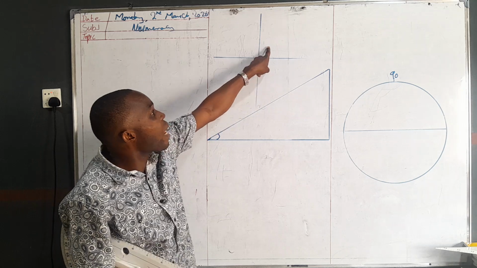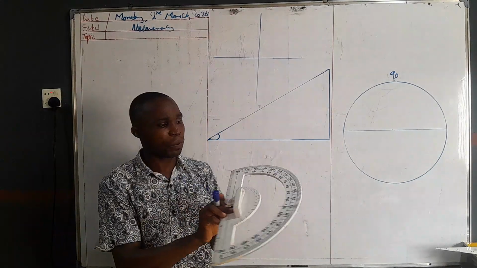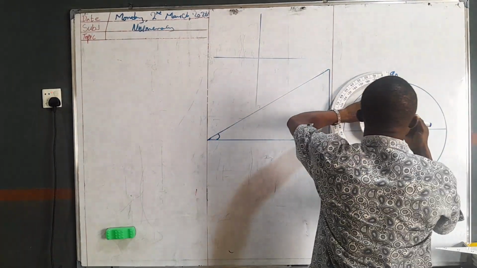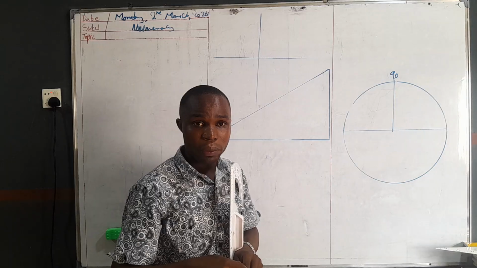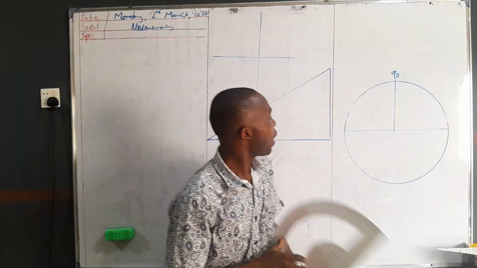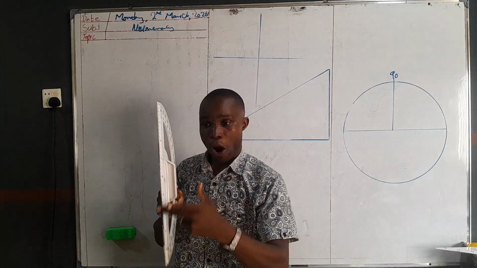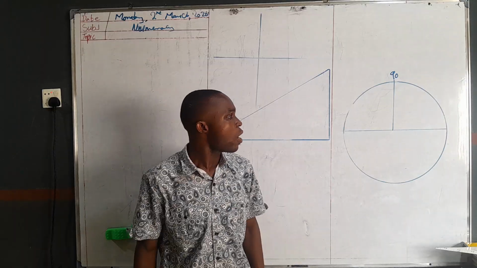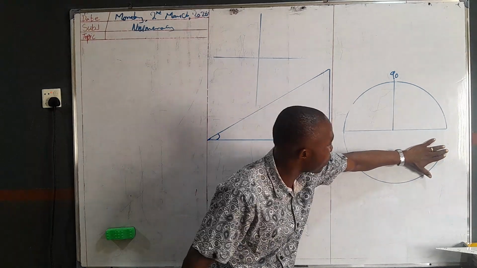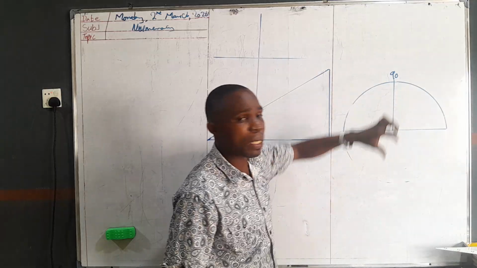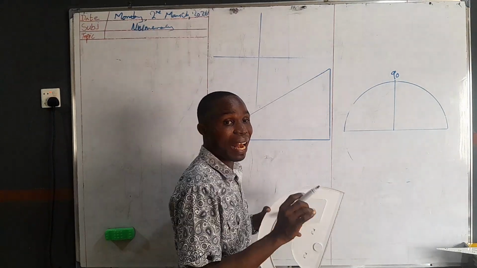Yes. So now, how can I measure this angle to be 90? I want to verify if it is 90. On my protractor, there is a line coming from 90. Yes. There's a line coming from 90, and at this point it intersects with the base of your protractor. Is that correct? Yes. So if I want to measure an angle, given a particular line,